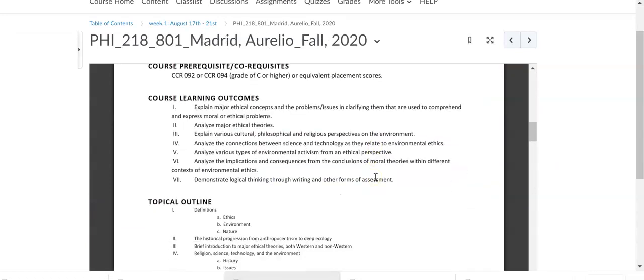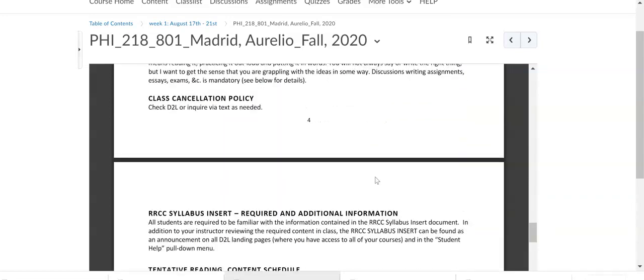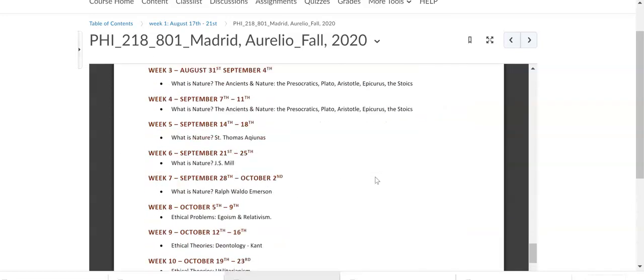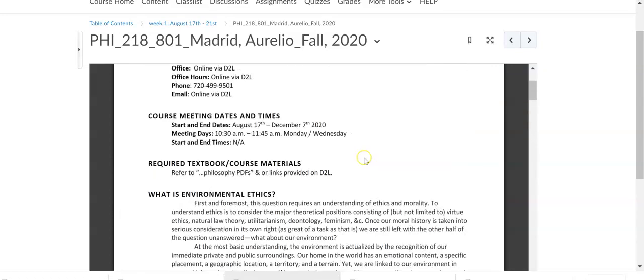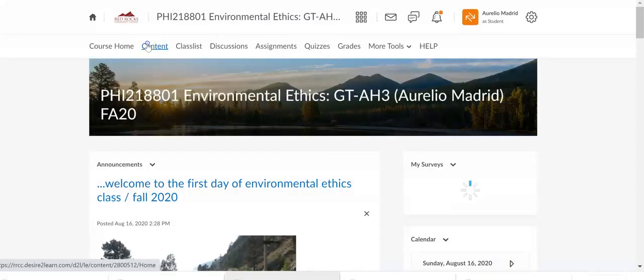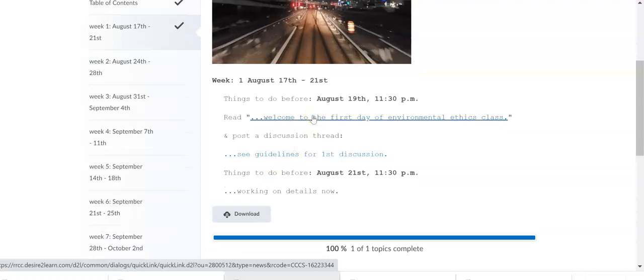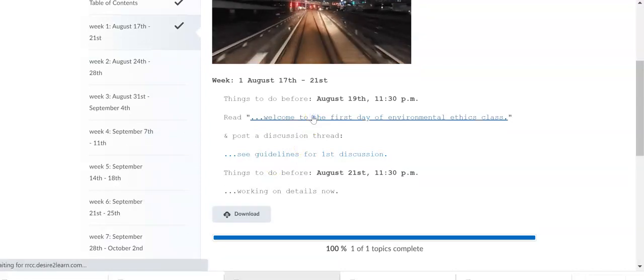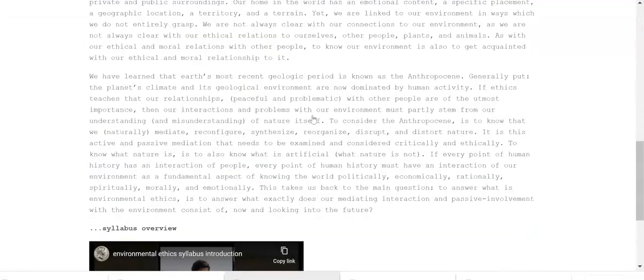Okay, and so this has all the details on the syllabus as it stands. And so I'm going to have you look at that according to my instructions on our announcement feed. Remember, we just linked you to that by way of the content folder, and that's on our home page. Okay, so that's linking you to our home page. And so what I'm wanting you to do is read through that,